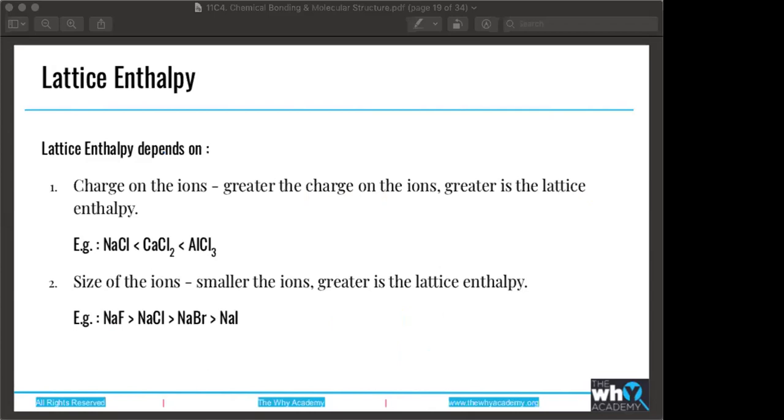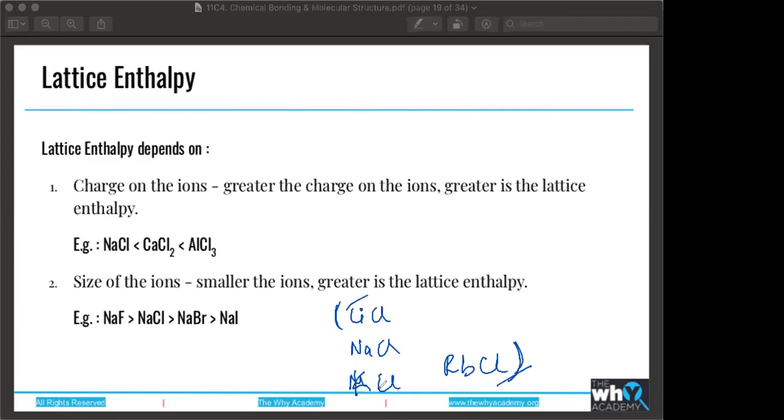I have a question. Yeah, go ahead. Over here, we're changing the anions, but what if we change the cations? Would the same law apply? Absolutely. If you want to compare lithium chloride, sodium chloride, potassium chloride, and rubidium chloride, which is the smallest ion in this case? Lithium. So which do you think will have the greatest lattice enthalpy? Lithium chloride.